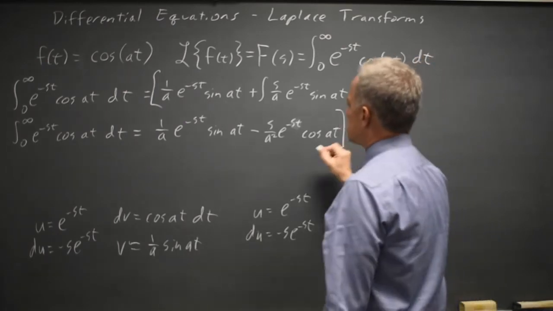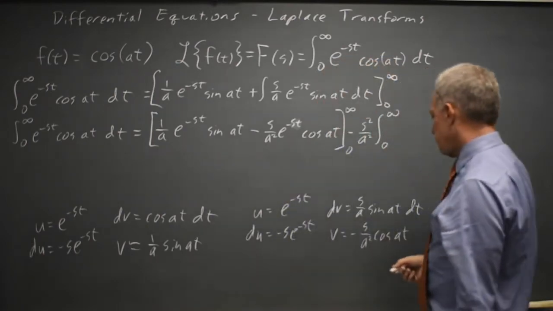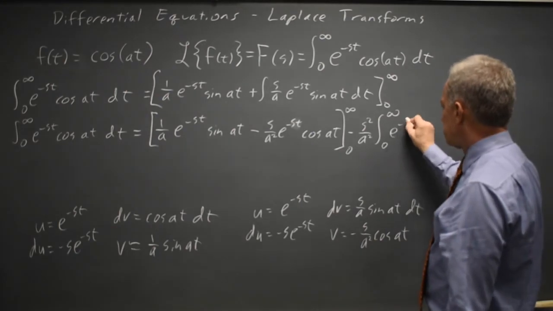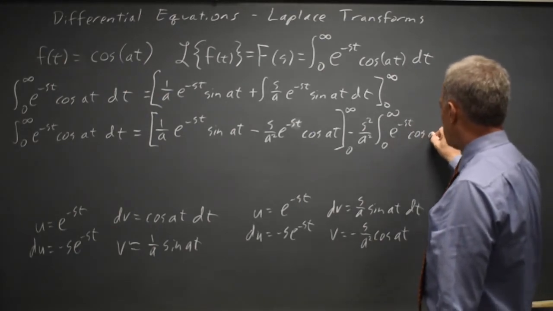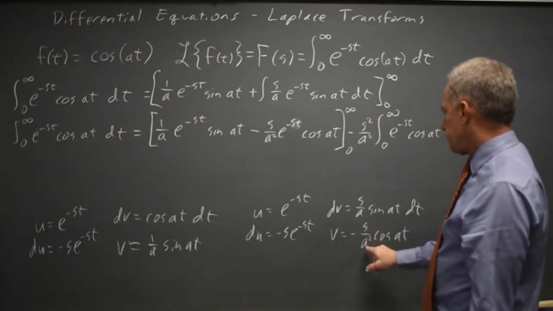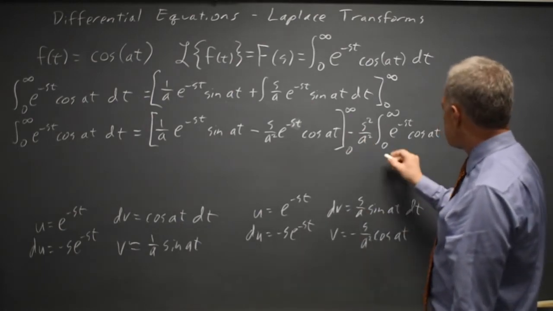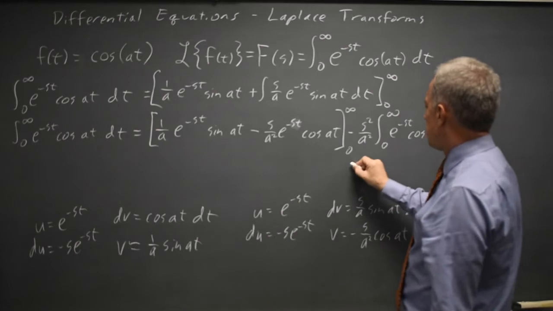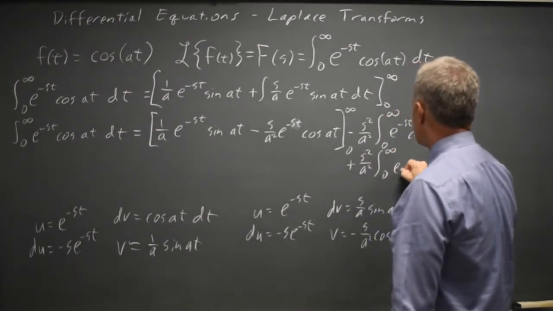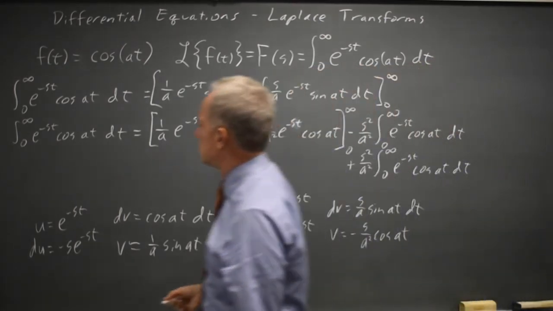I'm going to put in my limits here now for the non-integral terms of e to the negative st cosine at, and I have my s squared over a squared. The negatives cancel, but there's another negative from the formula. And this is my original integral. So if I add s squared over a squared times my original integral to both sides,